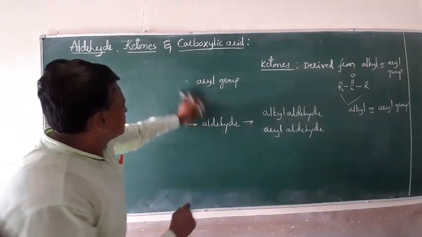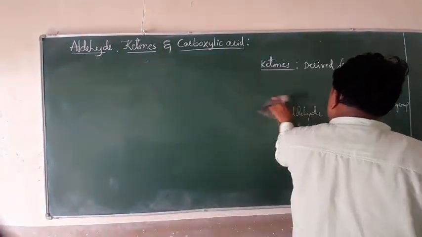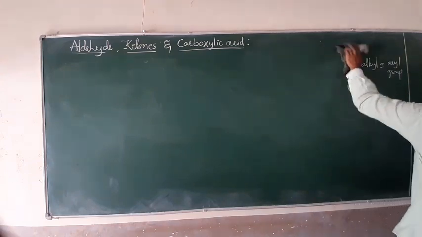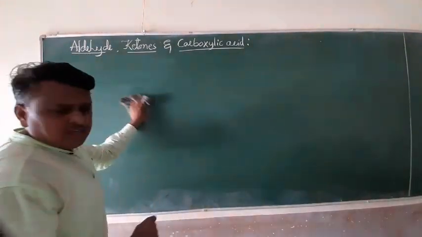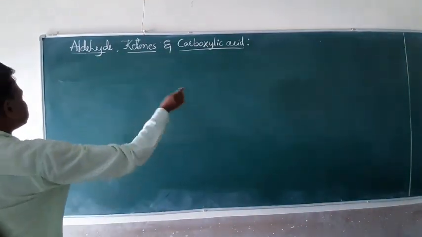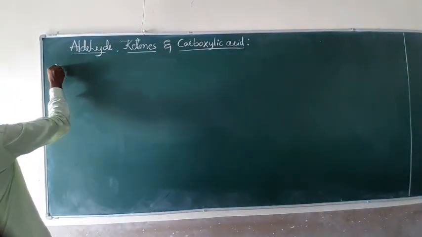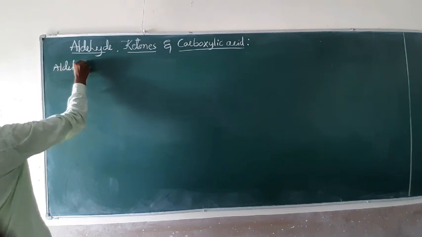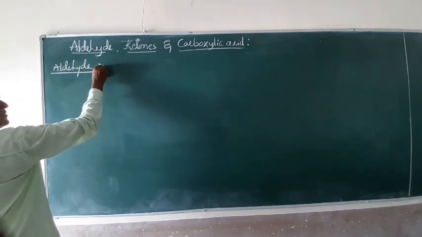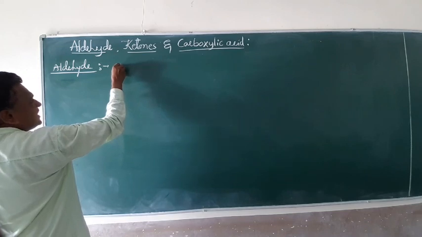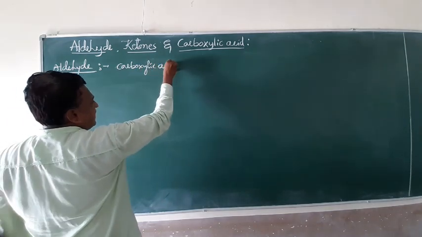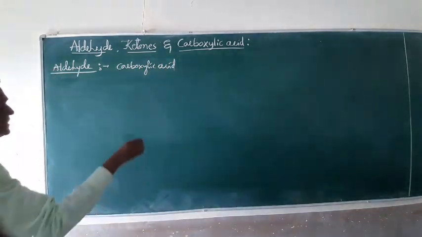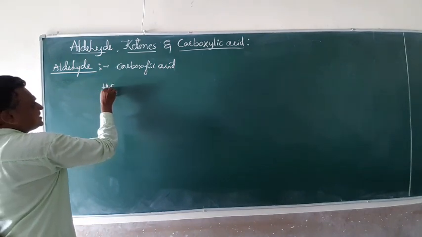And now we want the nomenclature of these aldehydes. In nomenclature, the aldehydes are derived from the corresponding carboxylic acid forms. So very simple. We start with an aldehyde. Commonly, already we know, friends, the components we pronounce as an alkyl aldehyde are derived from the carboxylic acid. We have a very simple example as mentioned in our syllabus, HCOOH.